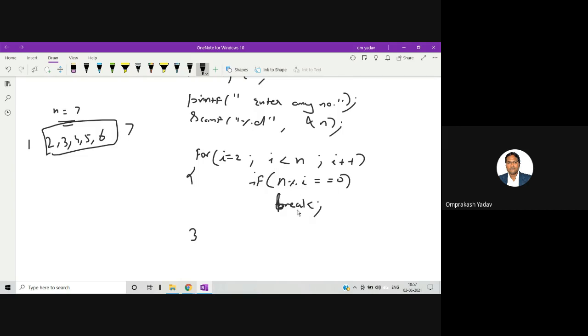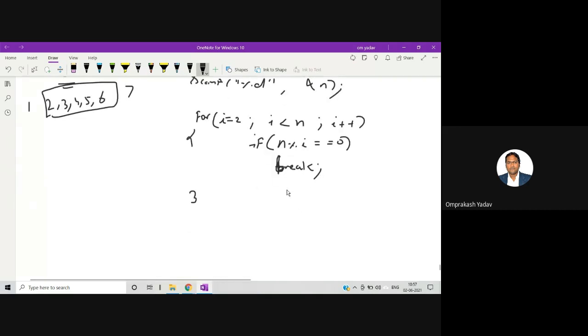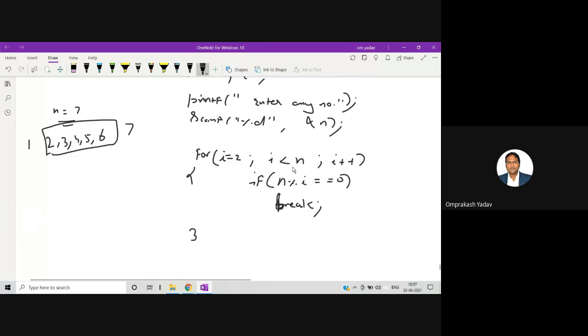So what will happen if I break the loop? This program I can write in two different ways. This is the first way. If the number is not a prime number, it will never reach that particular number. For example, if I take the number 7, in n I am having 7 right now.